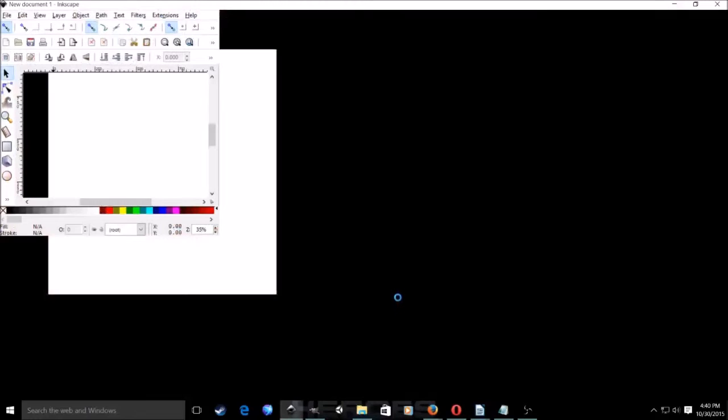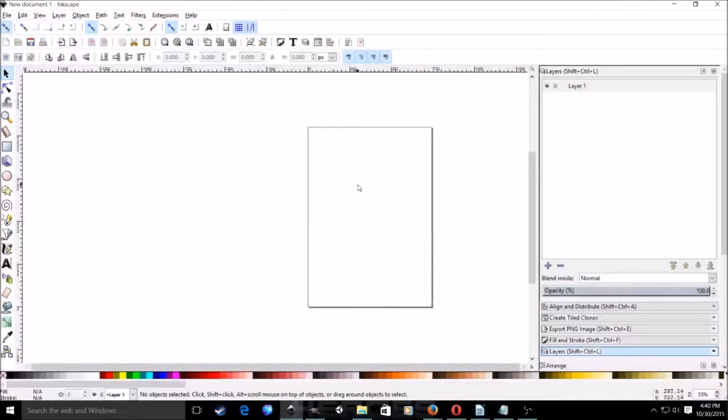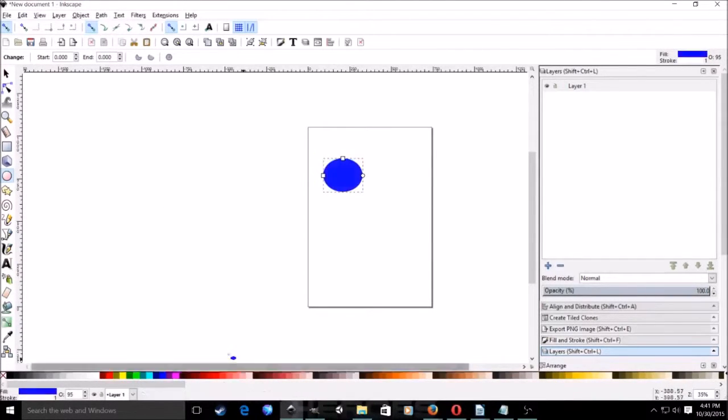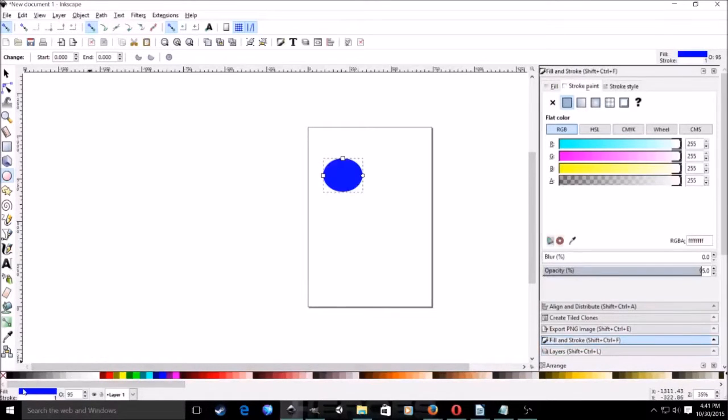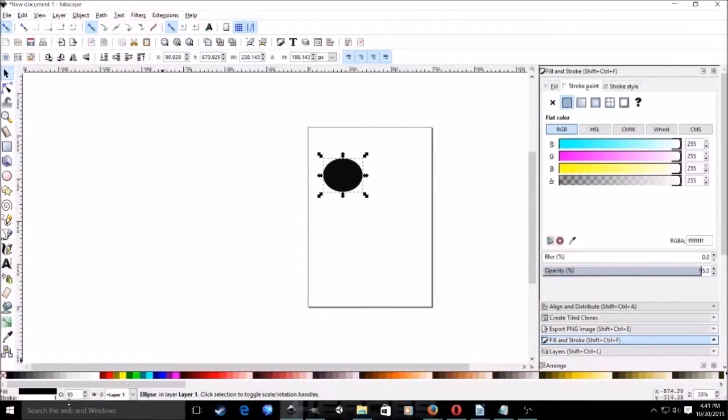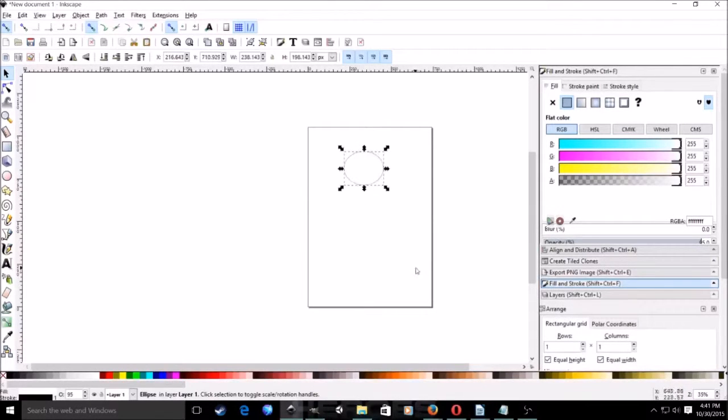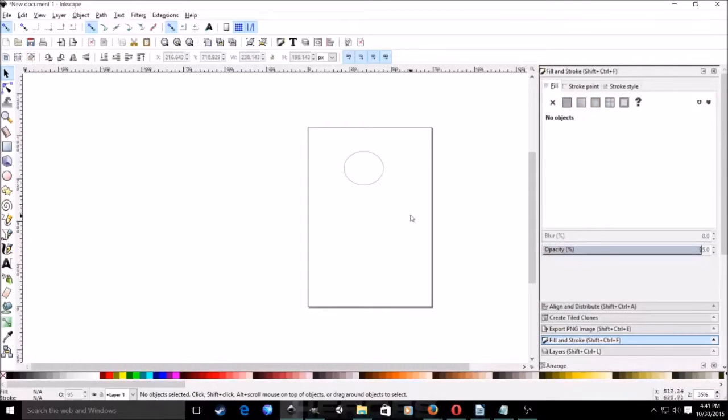And then here we have our next program I'm going to be using. Inkscape. Inkscape is one of the most awesome programs I have ever used, because it has all these awesome tools. There you go, there's a circle. I want it blue, now it's blue. I want the stroke of it to be black. Hold shift, black, fill, white. So there you go. Now I have a circle with a black border and white center. It's just easy as that.